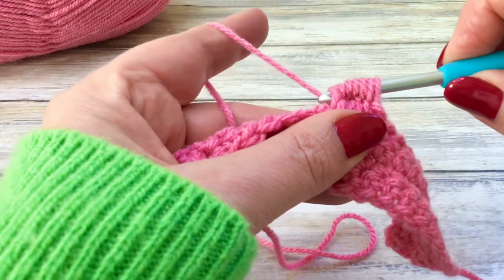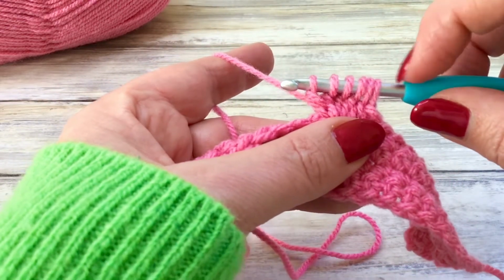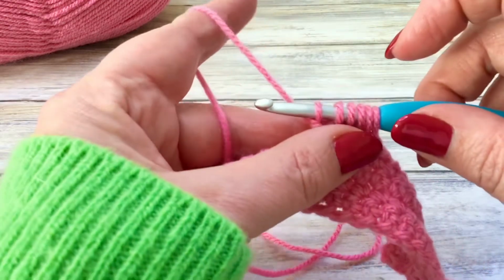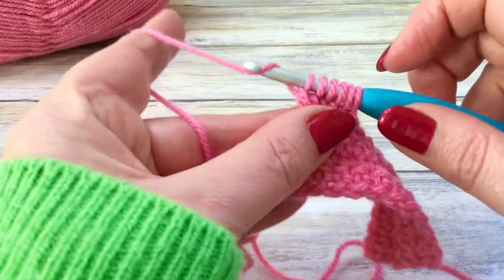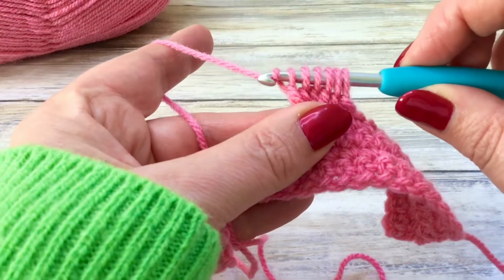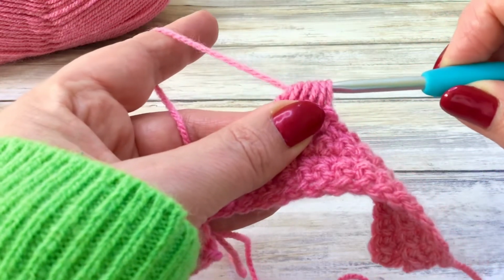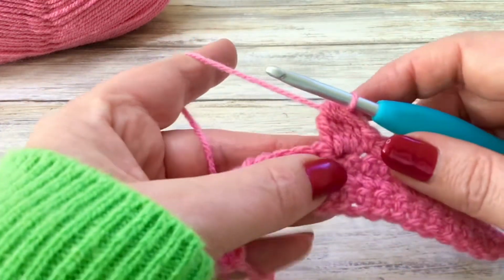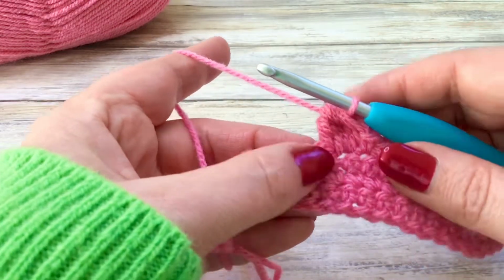Grab the yarn, pull through 2. We will be left with 1, 2, 3, 4, 5, 6 loops on our hook. Then just very carefully we're going to grab the yarn, make sure your hook is positioned down so it shouldn't ping off. We are going to just gently pull through all of those loops on your hook and you have